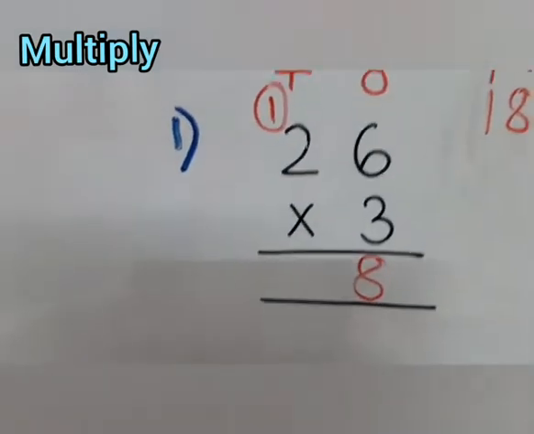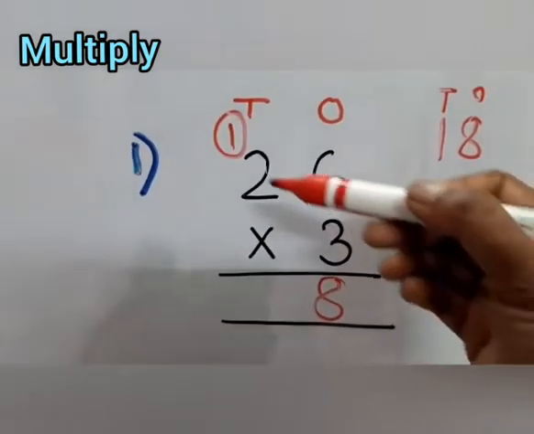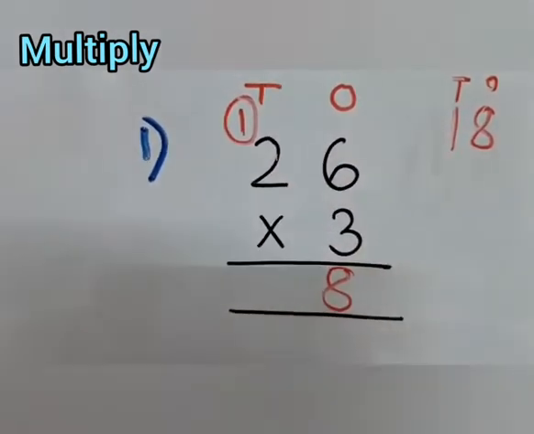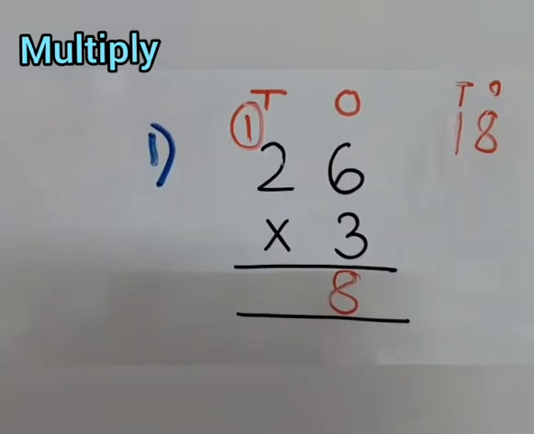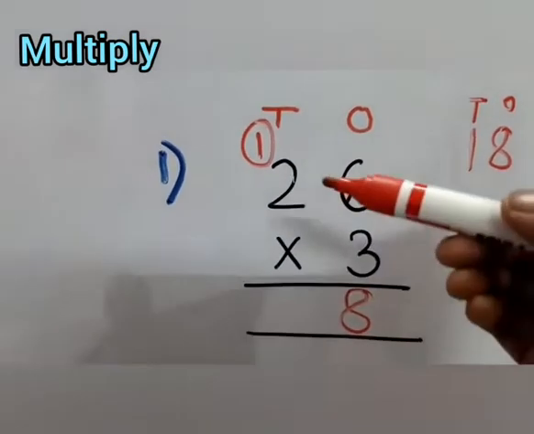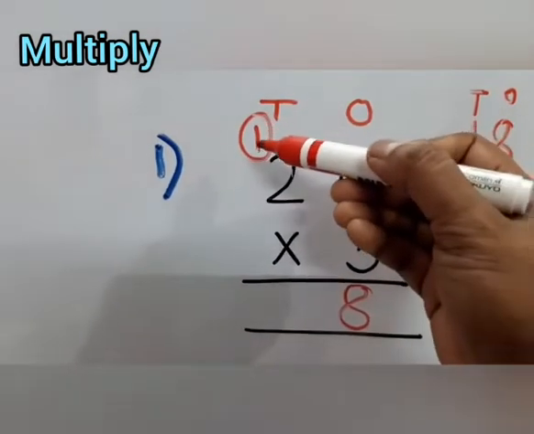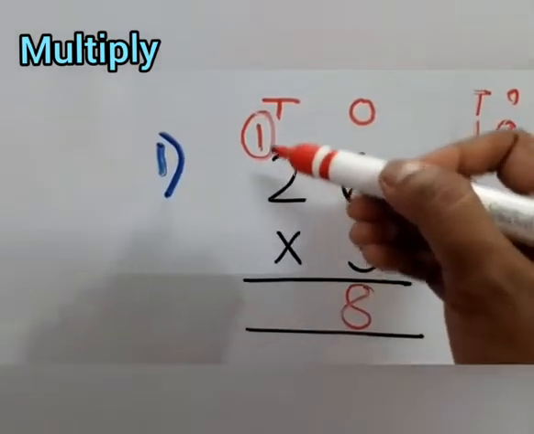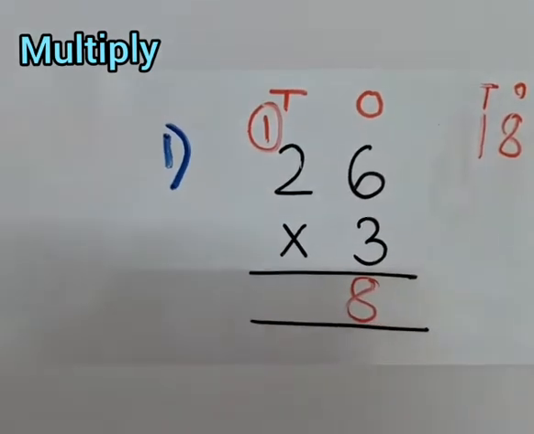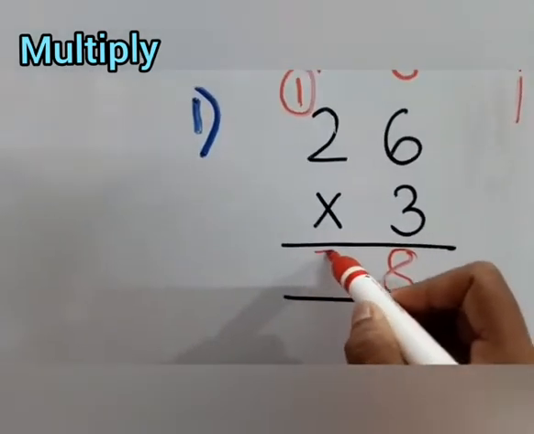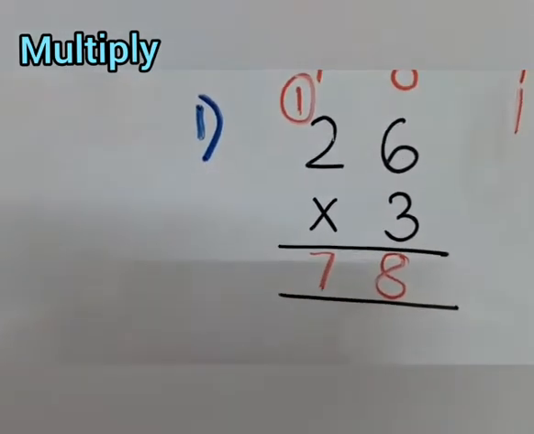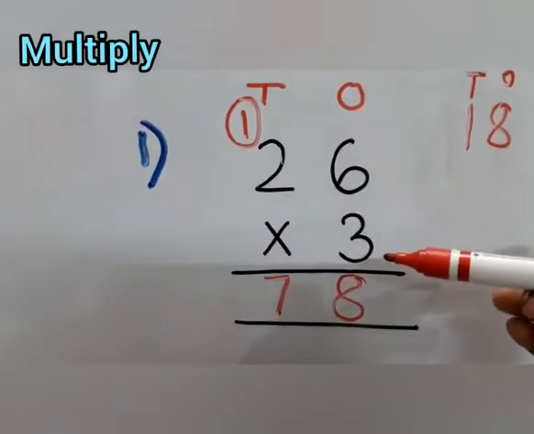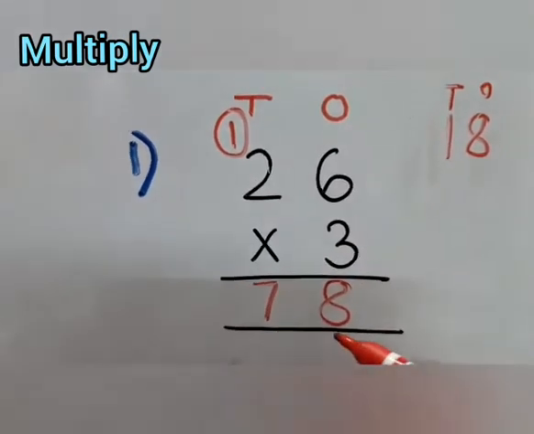Now what we will do? Now we will multiply the tens digit number with 3. So 3 2s are how much, children? Yes, 3 2s are 6. And with this 6 we have to add 1, means this carried number. So 3 2s are 6 plus 1, that becomes 7. So 7. So when we multiply 3 with 26, our answer is 78.